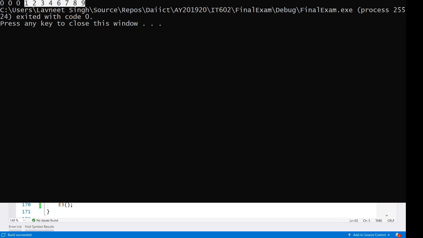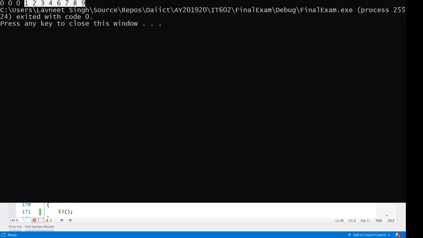There is an STL algorithm called distance, and that should give us the number of elements. So how many non-zero elements are there? The distance from the upper bound, that is the beginning of the non-zero elements, and till the end of the vector. So what is the distance? That is the count of non-zero elements. Now we know the count. We can now start to use the rotate function.